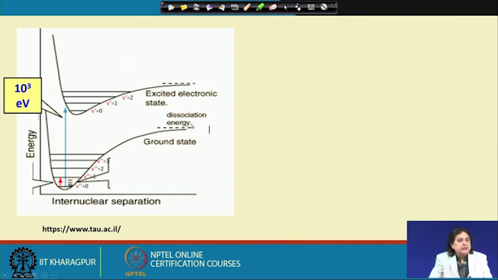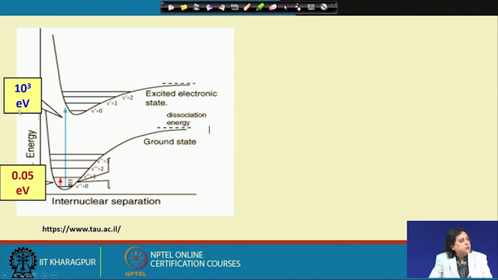We will talk about how one can excite the population from here to here, but this is a very large number. Now, how much energy do you require if you are in the electronic ground state and want to go from the ground vibrational level to the first excited vibrational level associated with the ground electronic state? That is about